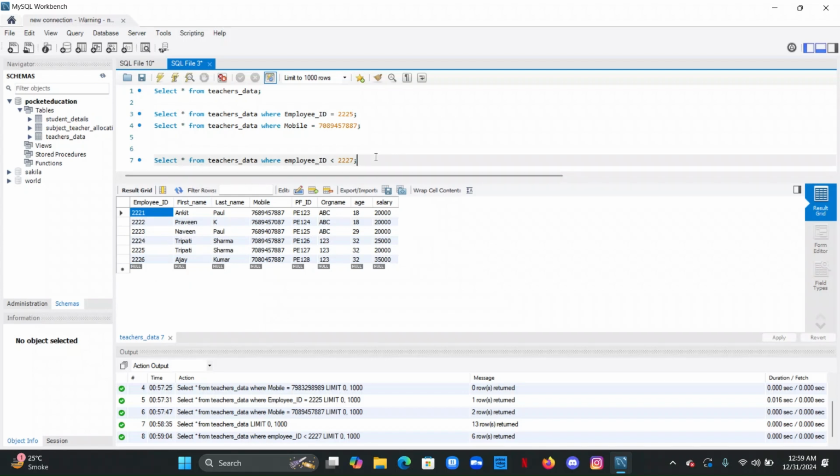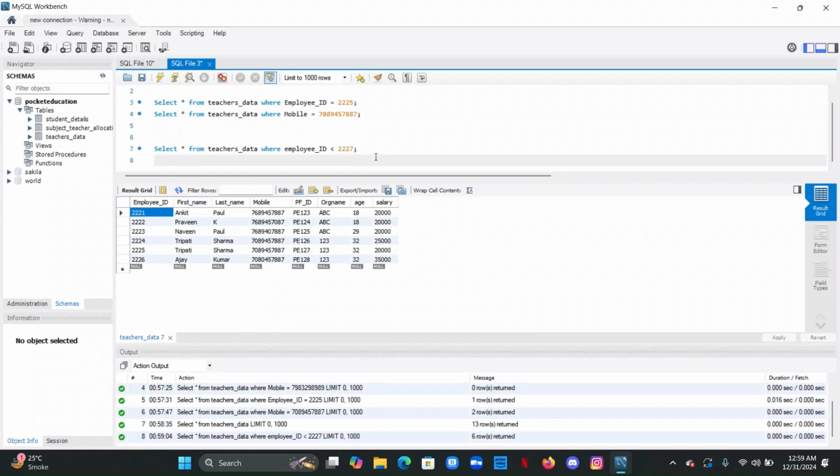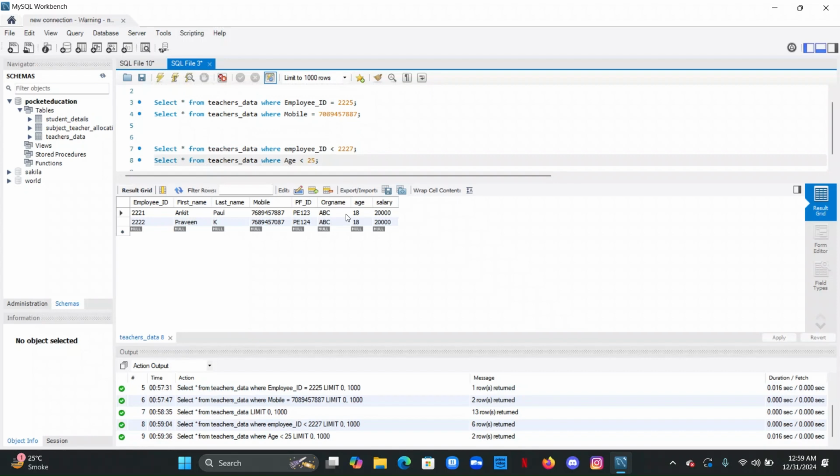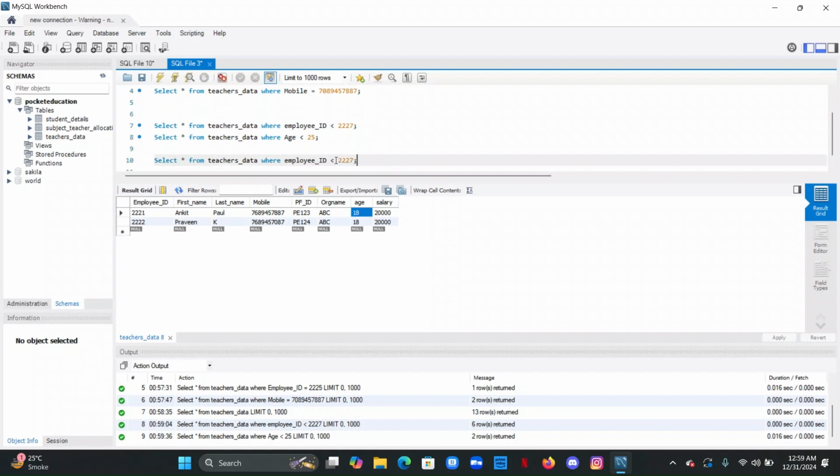And we'll also use one more column to fetch the same kind of data. Just copy paste the query below and we'll change the condition. I just want to apply a condition on age, where age is less than 25. Let's say 25. Control Enter. So there are only two entries, two people whose age is below 25. Those are Ankit Paul and Praveen K. This is how we use the less than operator,